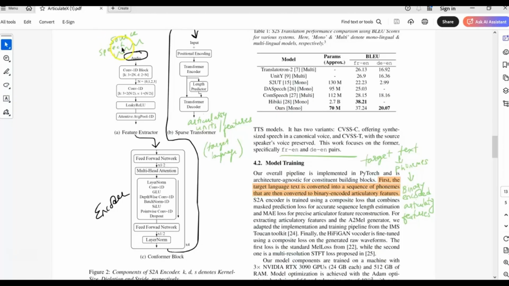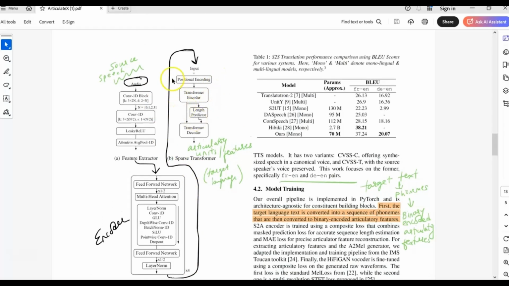Here we have a source speech that goes into a feature extractor, which is nothing but 1D convolution layers, and then you have a leaky ReLU as the activation, and then the output of that goes into a conformer block. They're using 4 conformer blocks. Out of this you get something that is encoded, which goes into the sparse transformer, and